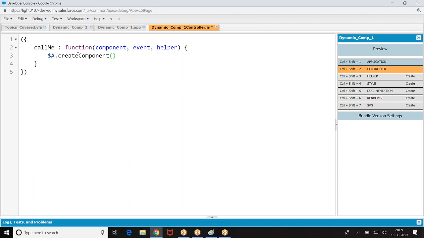When I say $A.createComponent, first, which component do you want to create? Lightning button I want to create.